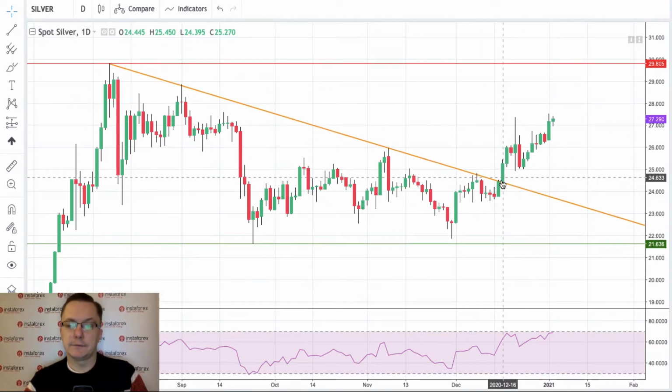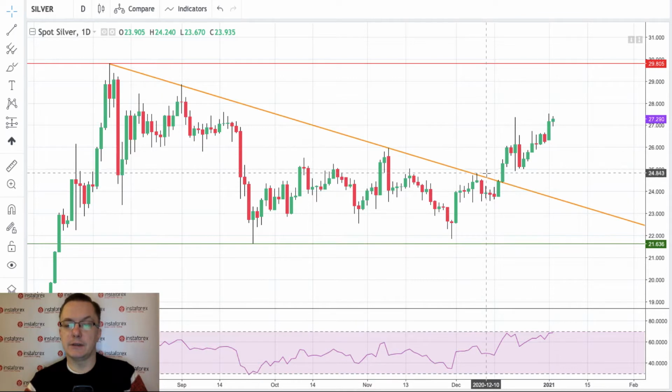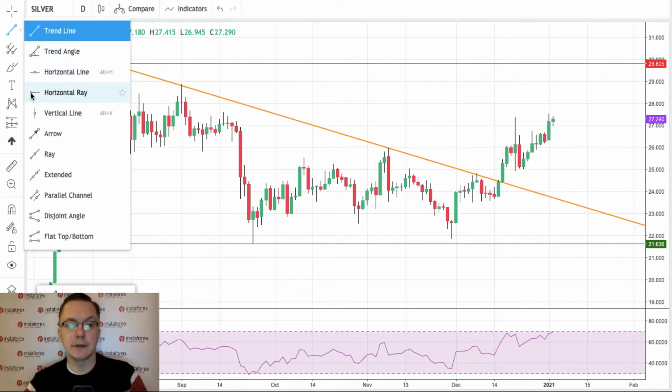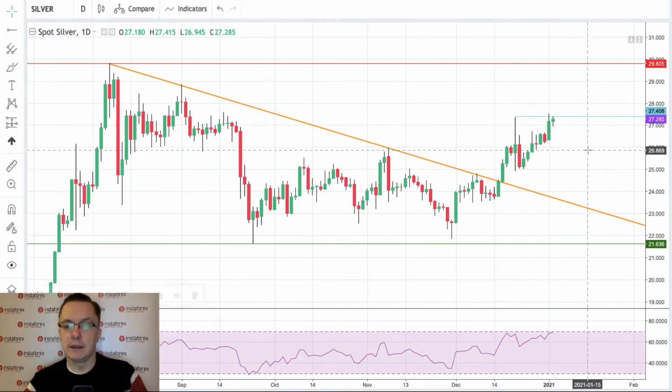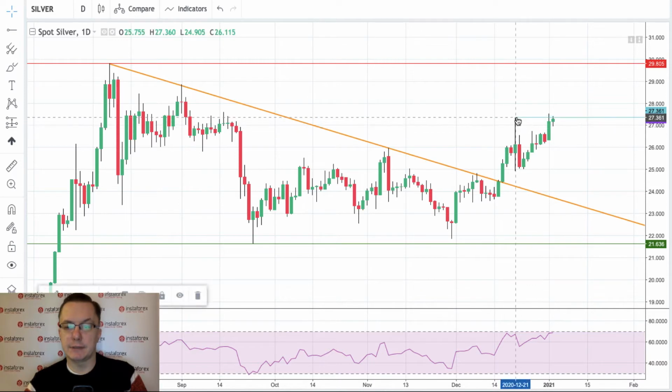As you can see, it was a classical behavior. First we went towards the trend line, then next day a breakout, and then higher and higher. This is an interesting candle, an indecision candle, and then one of the down days went towards the technical support at $24.81, so somewhere there. But we got a bounce and we got another local high made, because we are trading above 27.40. The local high was made at the level of 27.52, so it wasn't that much, but it's enough for this market